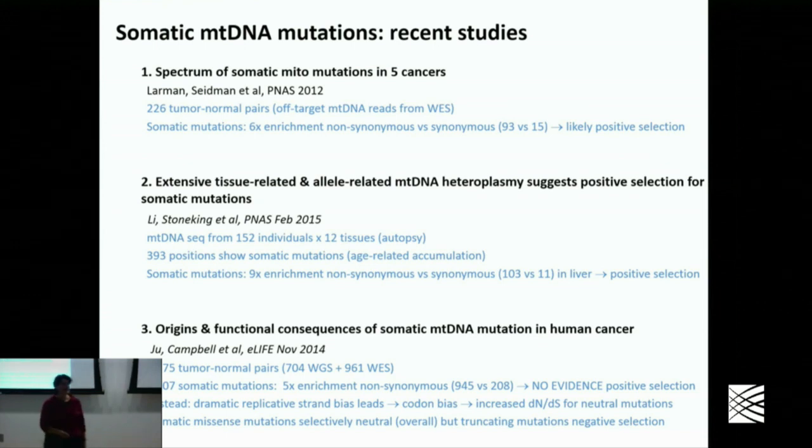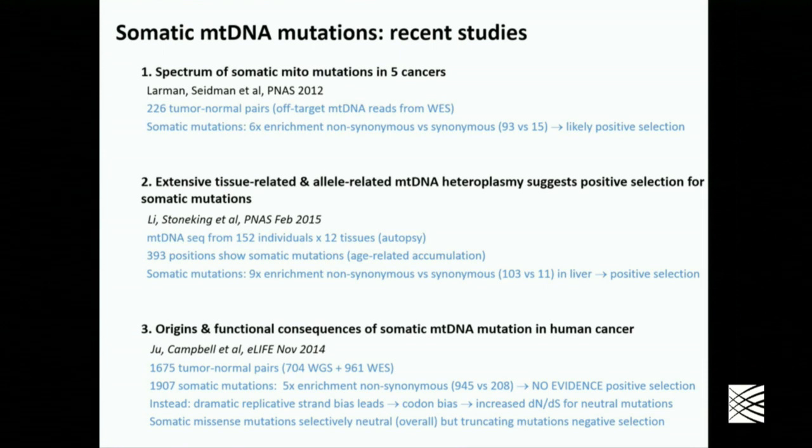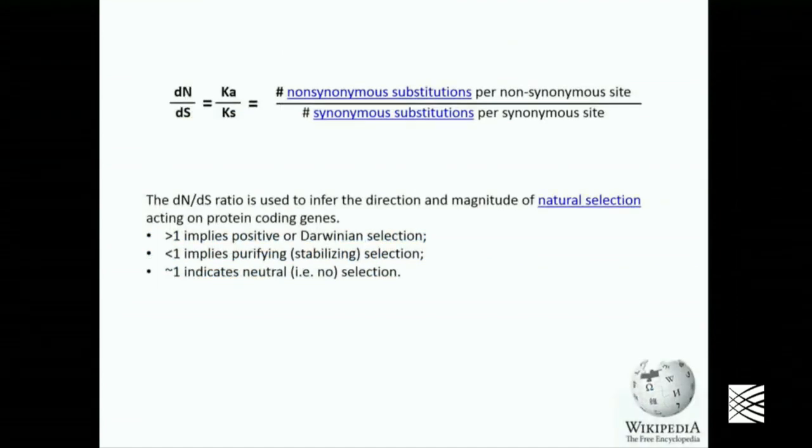And instead, they uncovered a really beautiful mutational process specific to the mitochondrial genome. And once you take that into account, these signals that look like positive selection just melt away. So this is a cautionary tale: with our statistical tests, you have to understand all the assumptions that are going in. So tests for positive selection are often based on this very simple notion of DNDS,